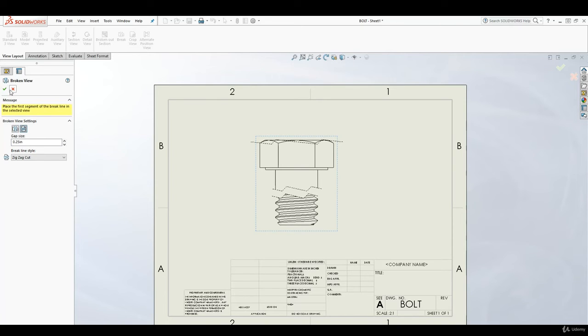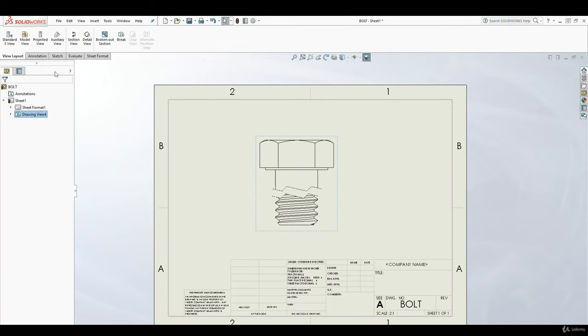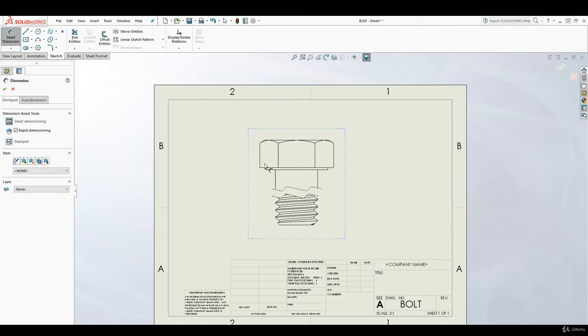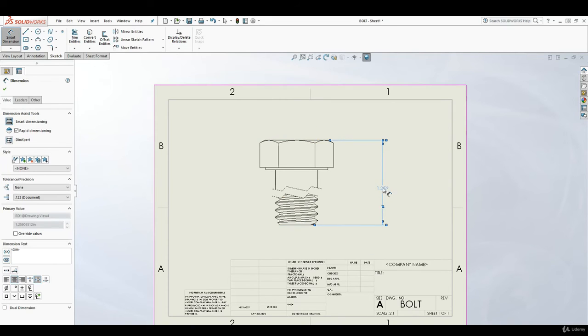fit our screen. But if I add the dimension to this, the dimension is still going to be the same. The bolt is still going to be 1.259 long, which is the model, but we are just cutting that view in half. Everything in between we are cutting it off just to make it fit on our drawing sheet. So that is how the break view works. It just helps you cut the part itself to fit into your view, but you're not really